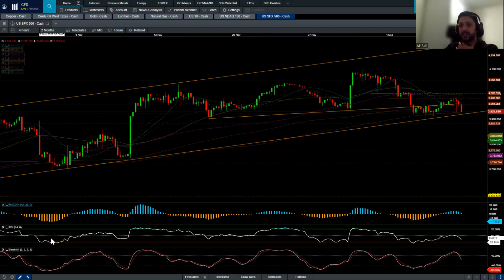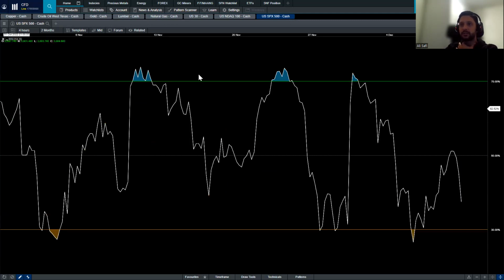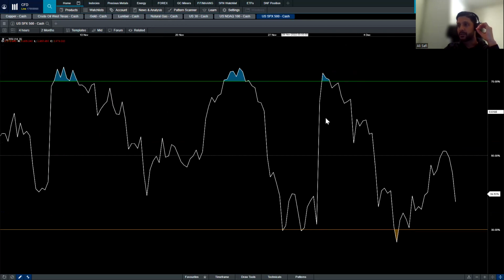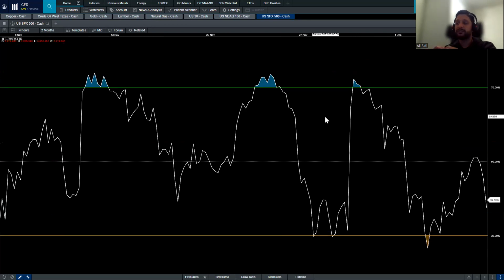Also, the second one that I'm using is RSI. The period is 14. The period for RSI is 14. And for divergence, we are paying attention to the origin of the divergence. And I'm telling you, folks, the origin of the divergence, if you want to find any divergence in RSI,